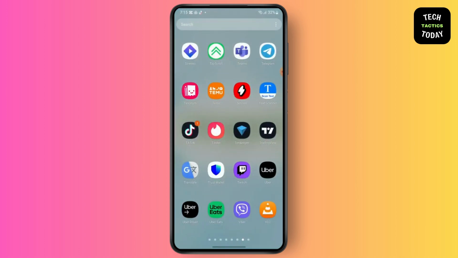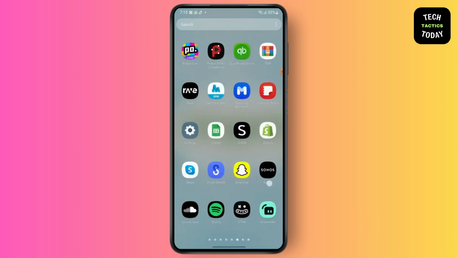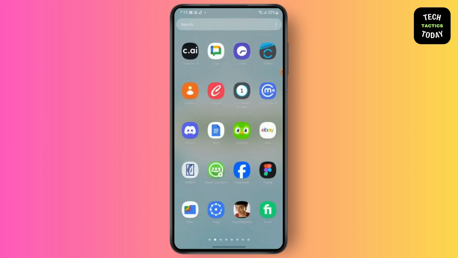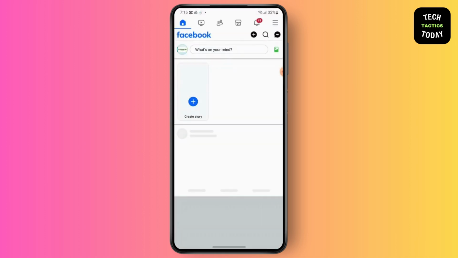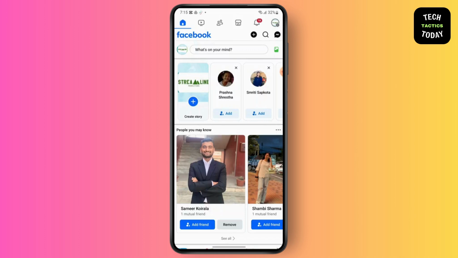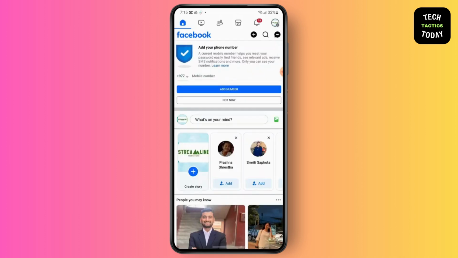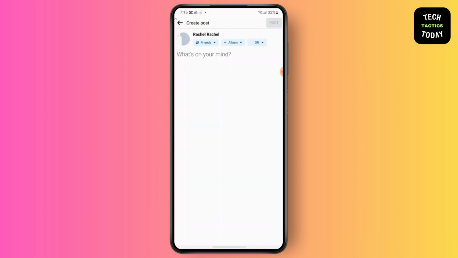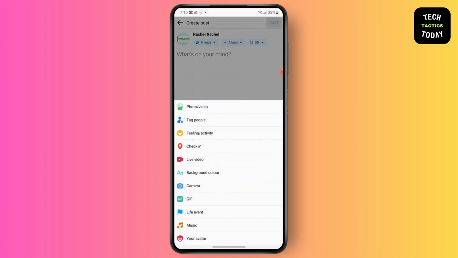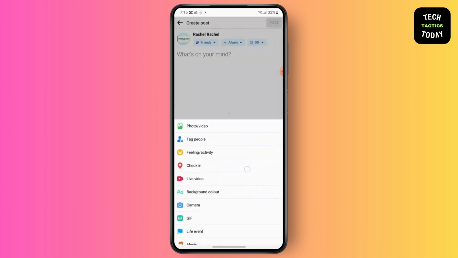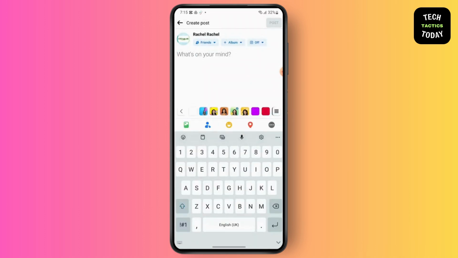So first, go to Facebook. Then go to what's on your mind. From here, you can simply paste the link of your video and it will be clickable automatically. So that's it. You just have to paste it over here,